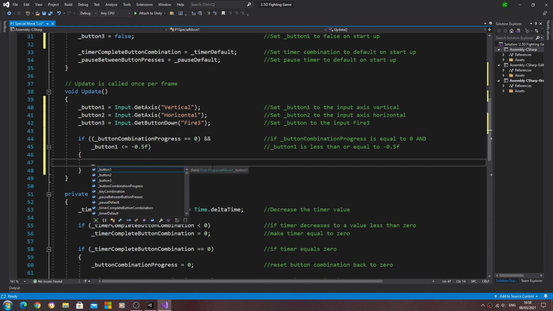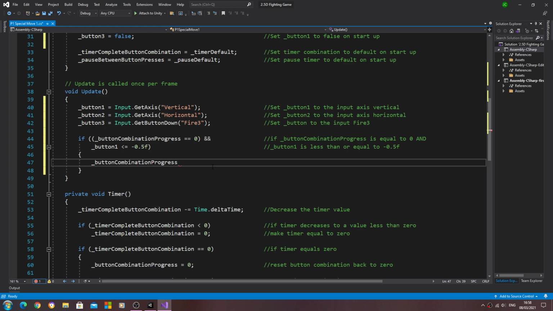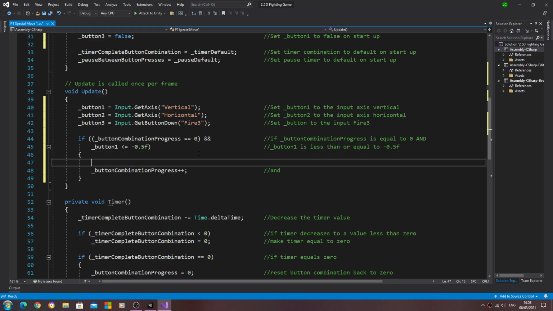We're going to come in here and we're going to say underscore button combination progress double plus. Let's close that line off, and we'll put, and this will make sense because we'll need to put another line of code in there in the next video,